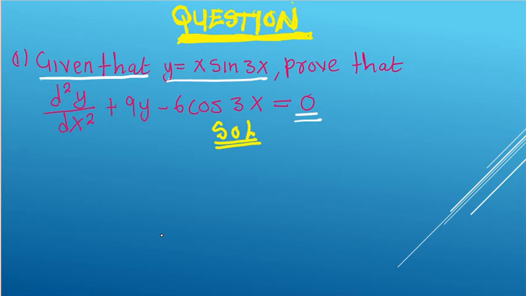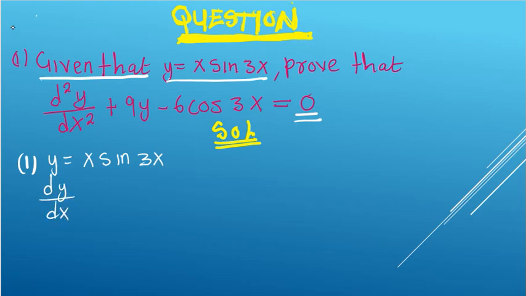So the first thing that we're going to do is this. Okay, so we have y equal to x sine 3x. So the first thing, this d2y/dx to the power 2, they are simply telling you to differentiate this particular equation twice. So we are going to differentiate it the first time. So dy